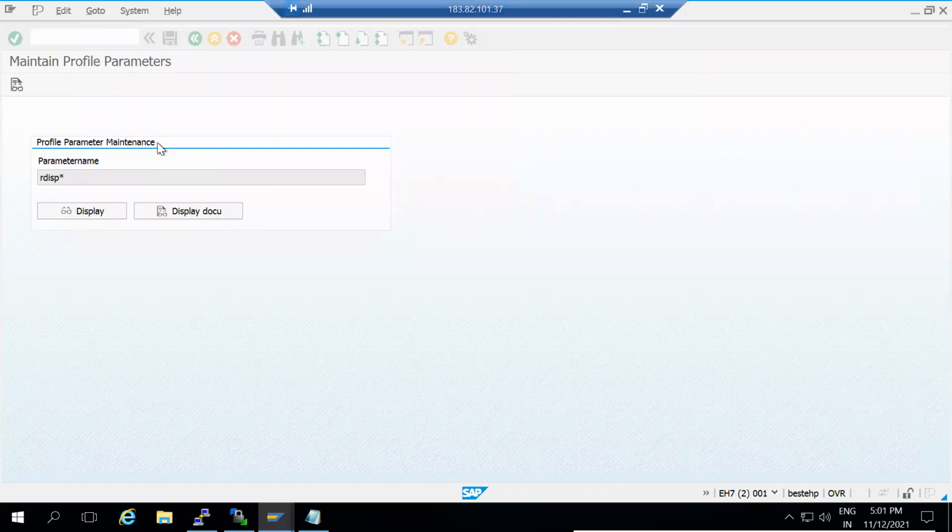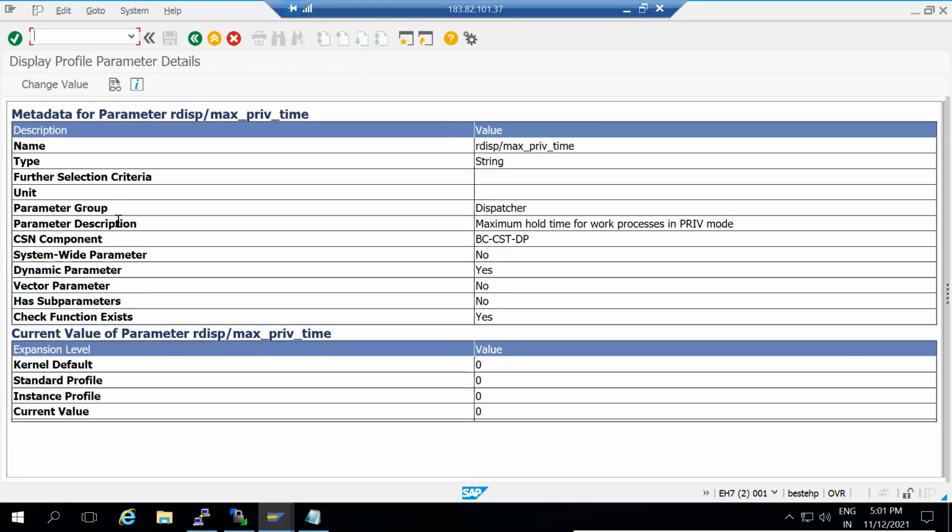Let us see. I think it should be yes. See, this is the dynamic parameter.